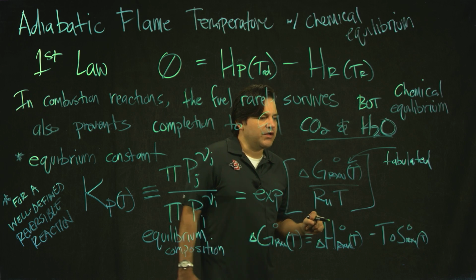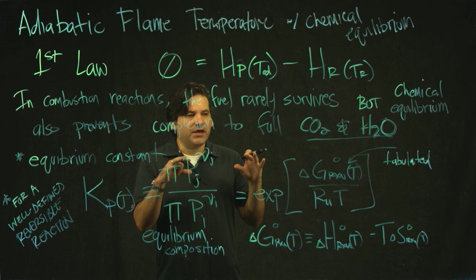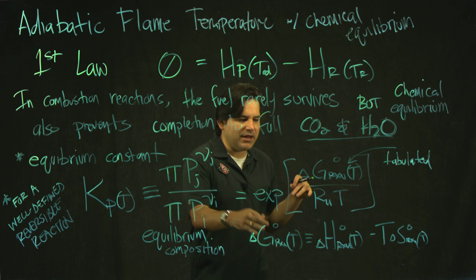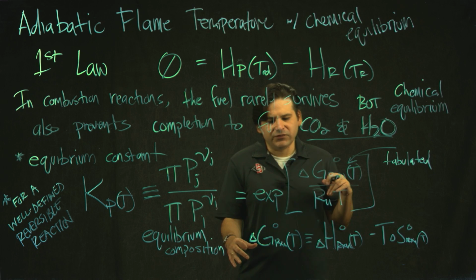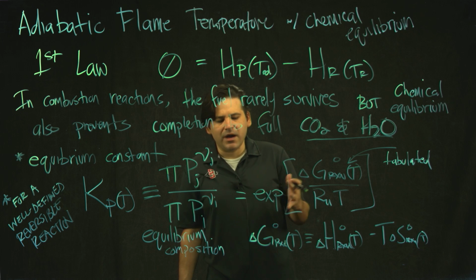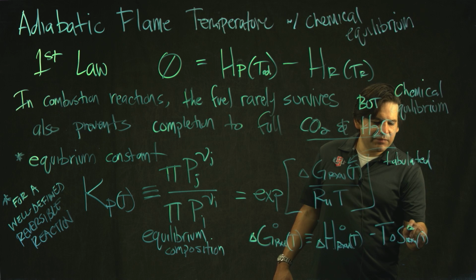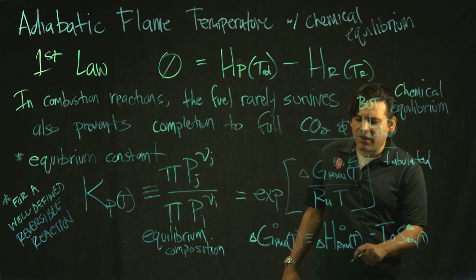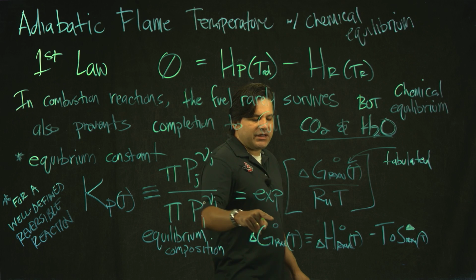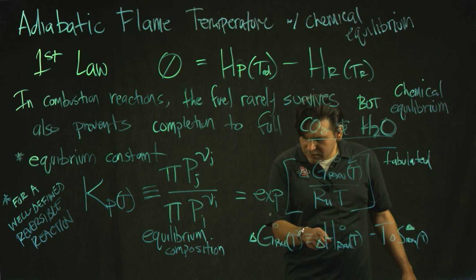So the definition of entropy, Gibbs free energy, it's a balance between enthalpy effects and entropy effects. So the first law versus the second law type thing. This is the balance. That's where the Gibbs free energy is very useful. And that's what chemical equilibrium is about. So one important step in this analysis is to define, for a well-defined reversible reaction, the Gibbs free energy of that process, and this is all